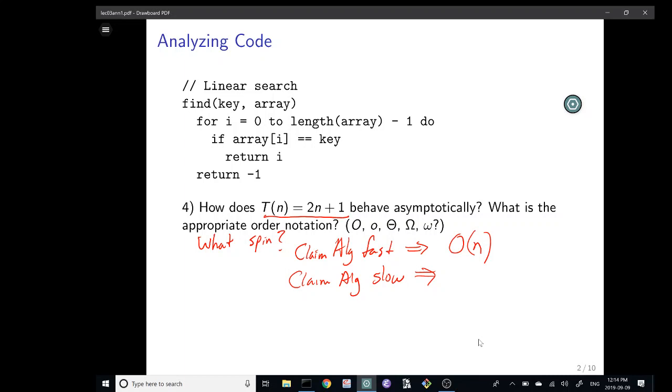You'd say its running time is bigger than something, yeah? Sigma or the horseshoe shape? Yeah, horseshoe shape, omega. Omega. You actually are not in a fraternity or sorority, are you? No. It's like they put you in those things and teach you Greek. Anyway, omega of n. The claim is the algorithm is slow. Omega of n. The running time is greater than or equal to some constant times n.